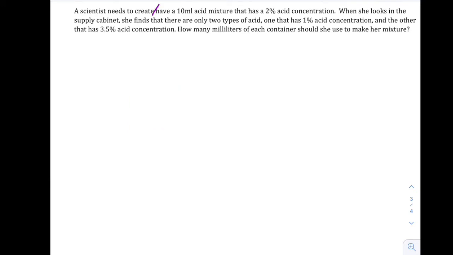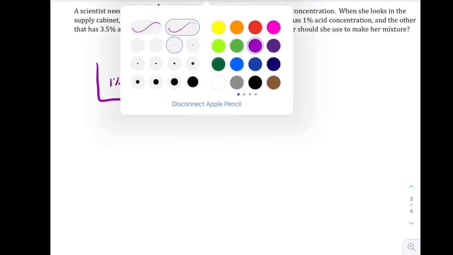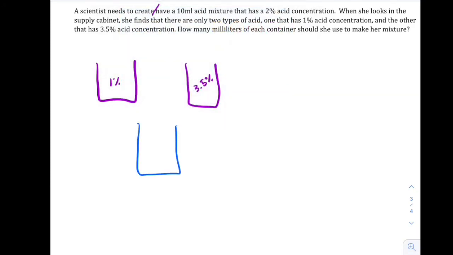When she looks in the supply cabinet, she finds that there are only 2 types of acid. One has 1% acid concentration and the other has 3.5% concentration. So you can imagine, here's the jug with 1%, and this one over here has 3.5%. And we need to make a new mixture. I want to have 2%, so how much should I pour from each